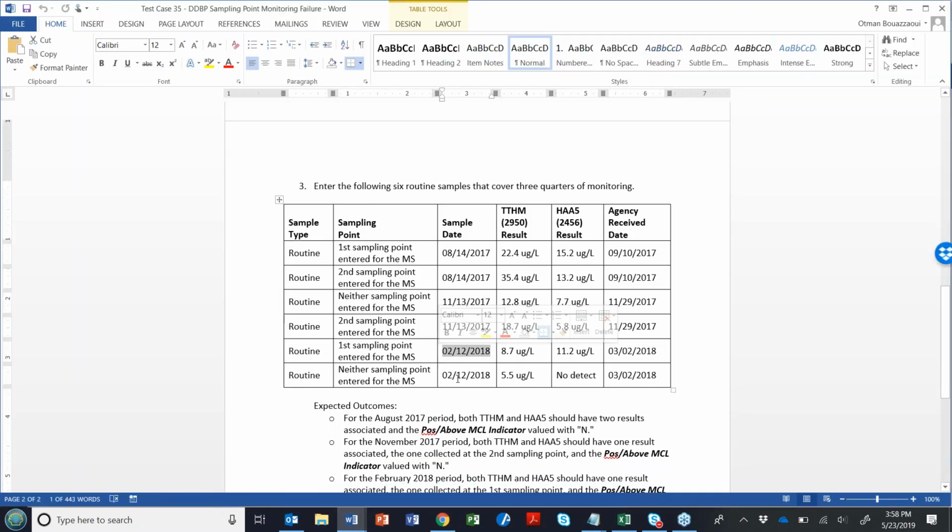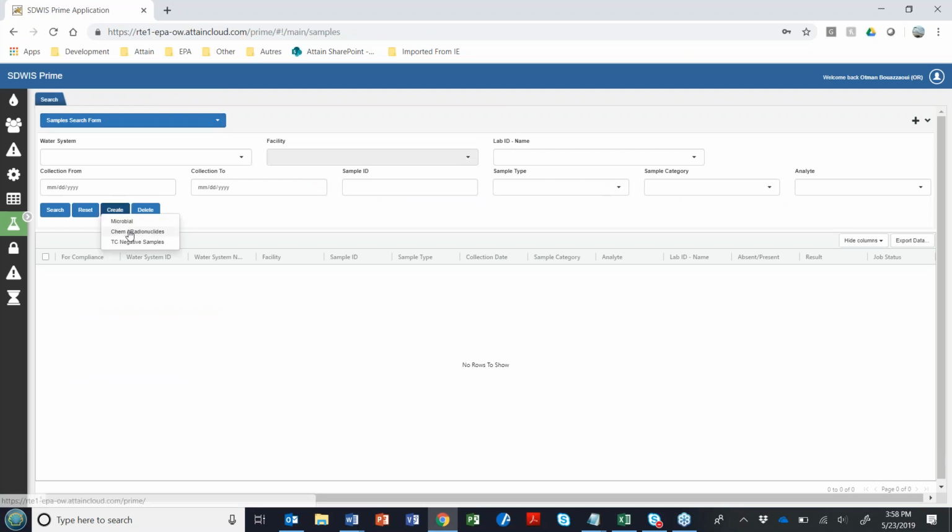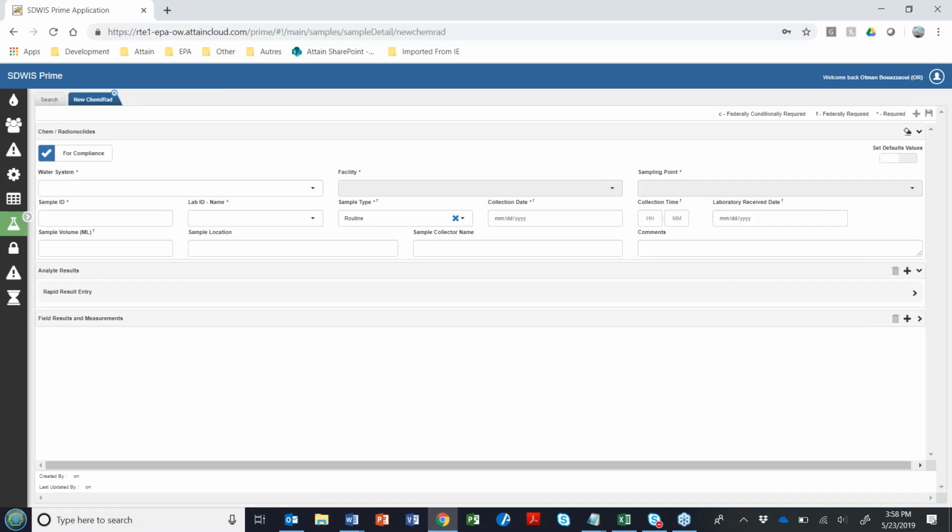So they were collected on February 12th, so we're good. We're on the second month of the quarter. And the agency receive date is going to be March 2nd of 2018. All right, let me get rid of this guy. Add